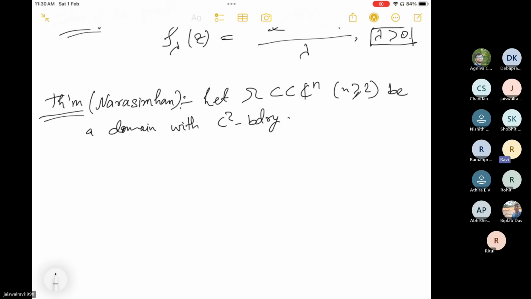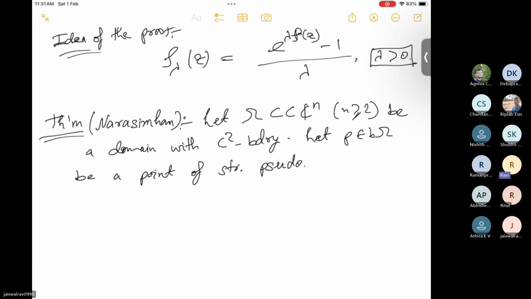Let P in boundary of omega be a point of strong pseudoconvexity. Then there exists a holomorphic coordinate, that is, there is a neighborhood U of P and a biholomorphism